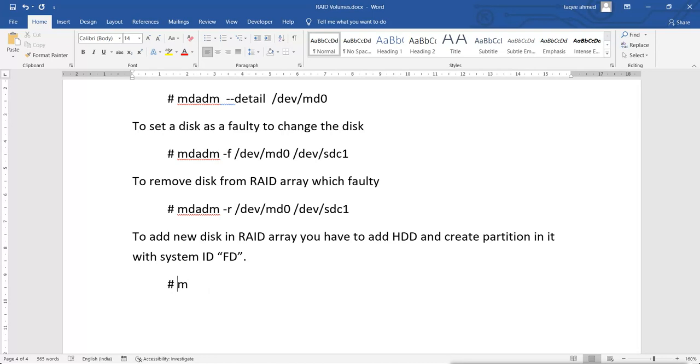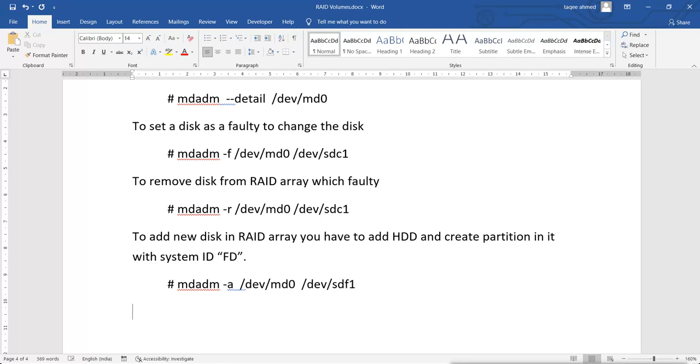And for adding, mdadm -A, and then you will mention the RAID volume, and then you will mention the new partition which you added. Let's say SDF1.